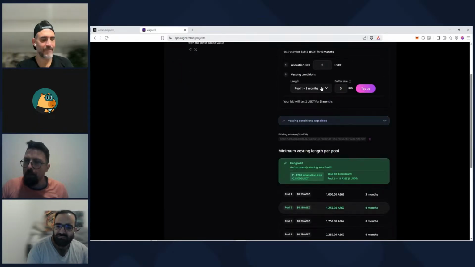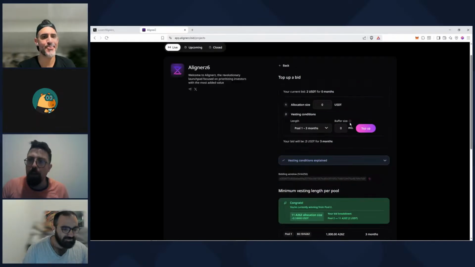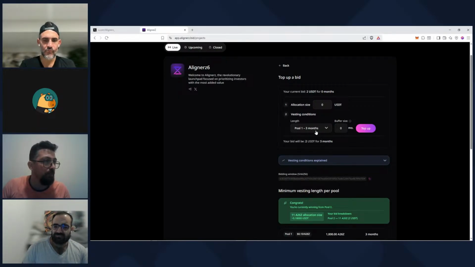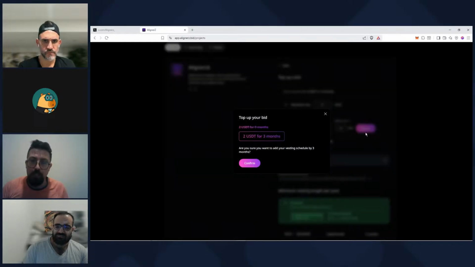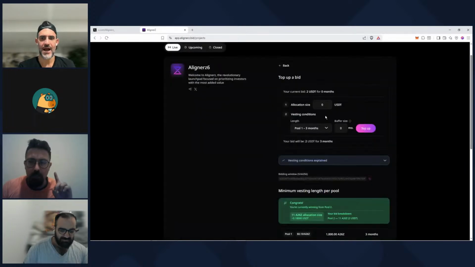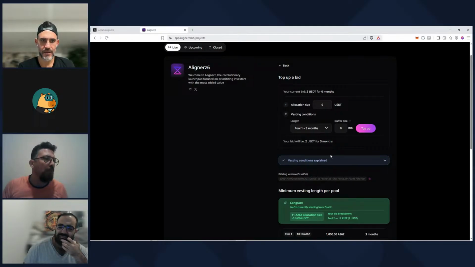So right now, if I tell the algorithm I want to get from pool 1, it will directly calculate how many months I have to add. In this situation, it shows me it's 3 months right now. I can directly transact without doing any calculation. I will be taking from Dave's pool 1 allocation. But what if I don't want to keep bidding every time someone places a bid? I need a little bit of space to play with, something we call a buffer.